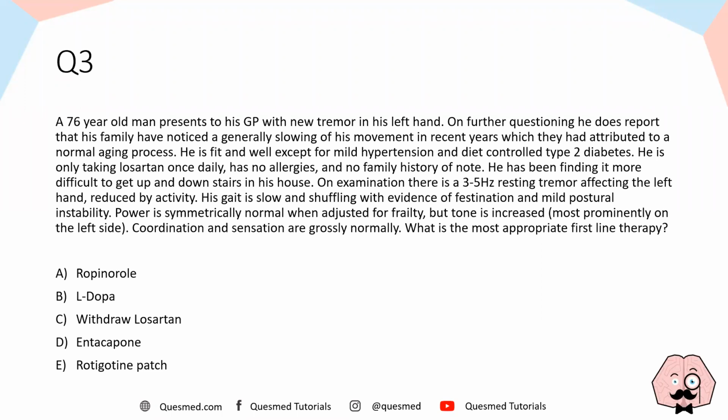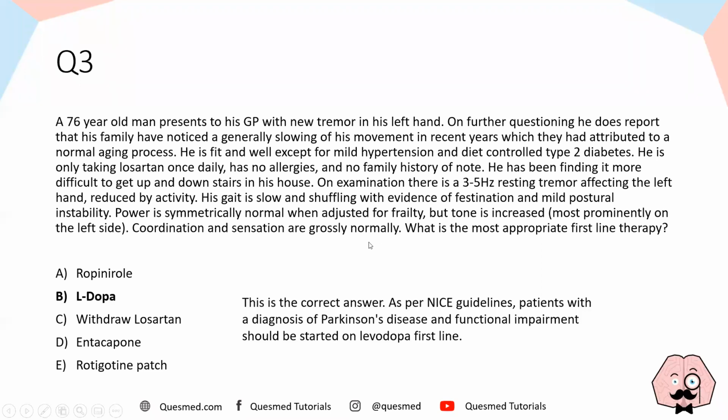Right, okay. So the correct answer here is indeed B. So, as we said, looking at this, he's clearly got signs of Parkinson's. We know that. The key thing now is that it seems to be affecting his quality of life. That's when you start treatment in Parkinson's. You don't start it straight away. You wait, and often you can wait for even up to a couple of years before they